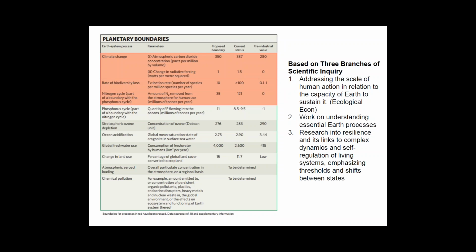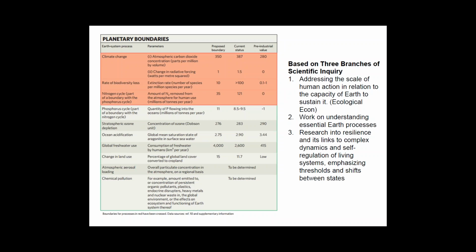They also look at radiative forcing, which is how much of the sunlight reaching Earth is trapped here as heat versus reflected back into the atmosphere. As you can see, that's increased significantly as well. For biodiversity loss, they're looking at extinction rate, in species per million species per year. Again, very low pre-industrial values, and a current rate of over 100 per million species going extinct each year, which is over 10 times where that level should be. The nitrogen cycle is another big one.